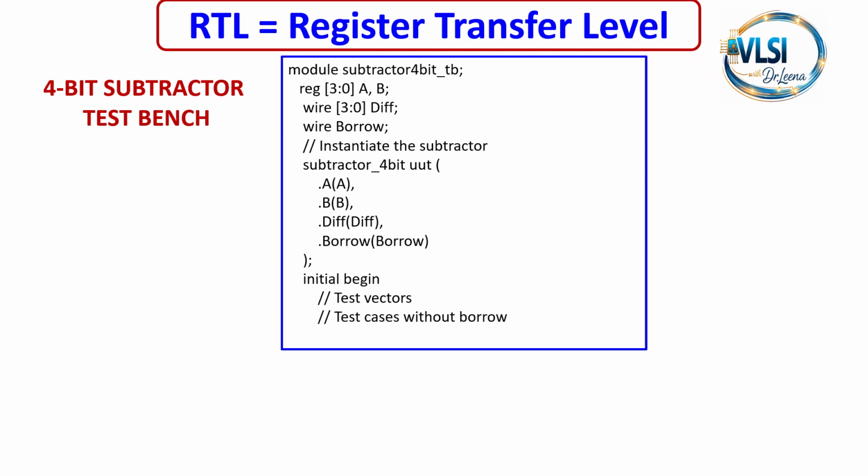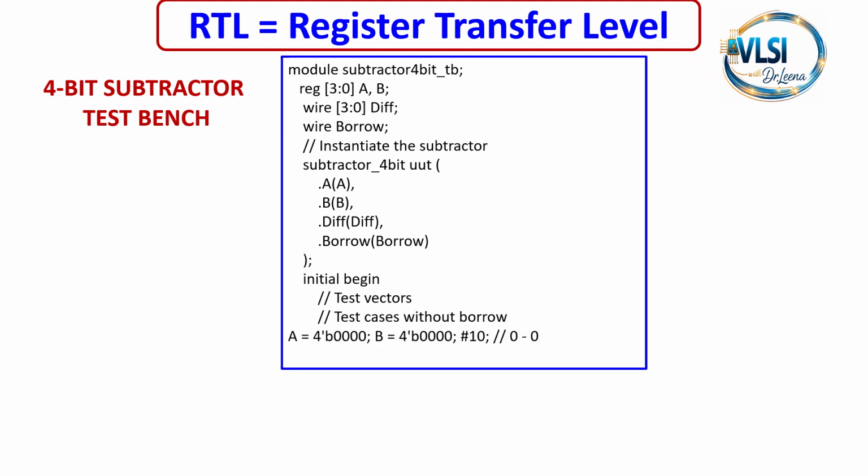We can combine and give, or we can give first with borrow and then without borrow. However we want the test cases, we can give it. So the first thing is, for A, that is 4-bit binary, I'm giving 0, 0, 0, 0, and for B, 4-bit binary, 0, 0, 0, 0. I'm giving the first test case, that is A is 0 and B is 0, and I'm waiting 10 time